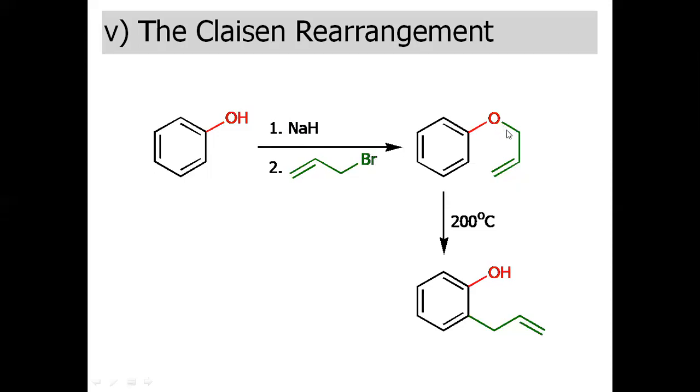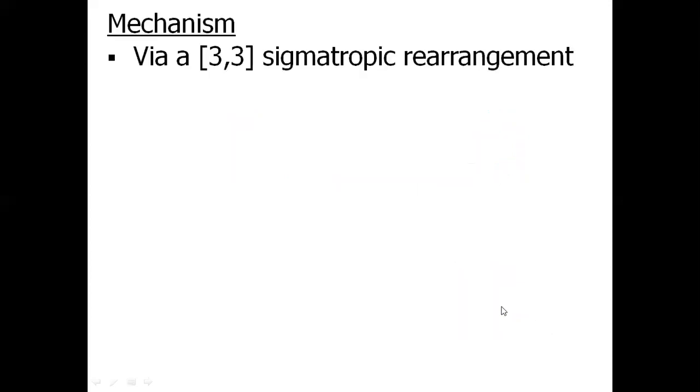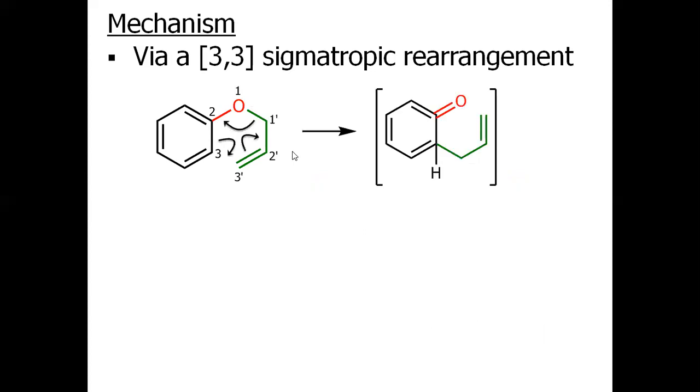Allyl bromide will attack on this oxygen, and then it will migrate to this carbon to give you this structure. See the mechanism what happened in this case. As I mentioned earlier, this mechanism occurs via 3,3 sigmatropic rearrangement. We will also discuss why this reaction is known as 3,3 sigmatropic rearrangement. First, see the mechanism. In the first case, what happened? This sigma bond is being broken and a new sigma bond will form at this carbon. While this pi bond will shift here, and here is the generation of a new pi bond.